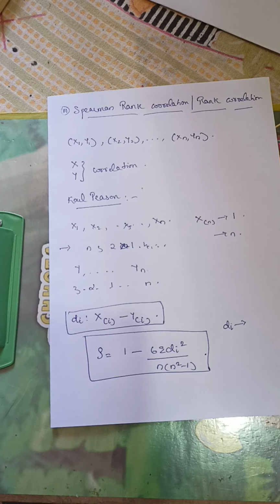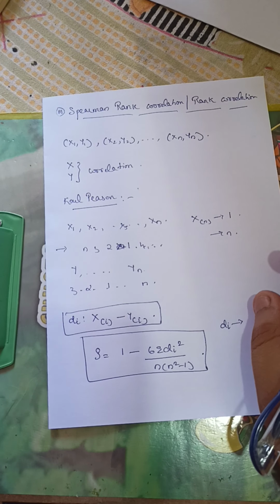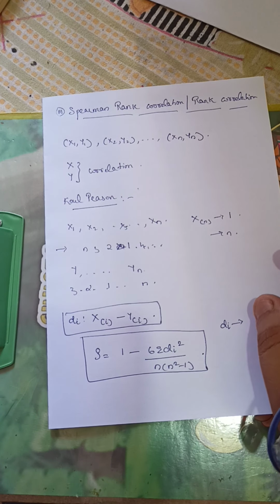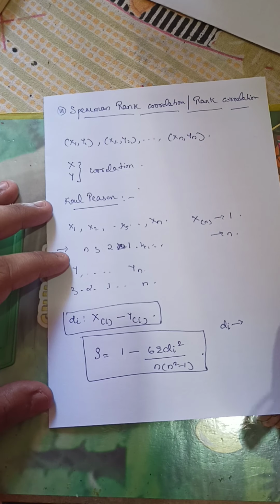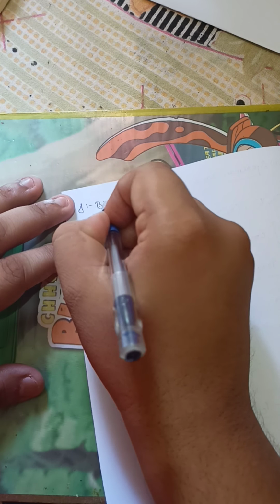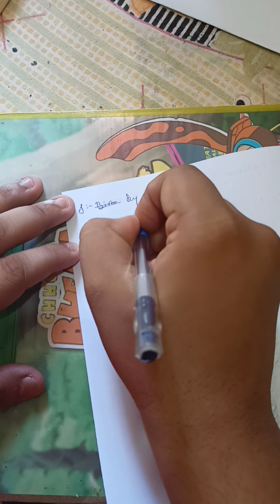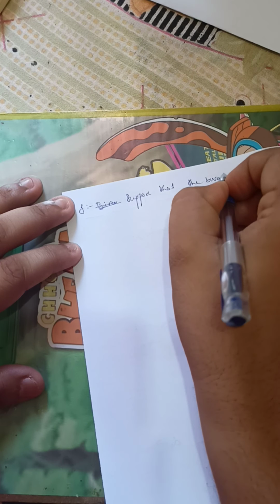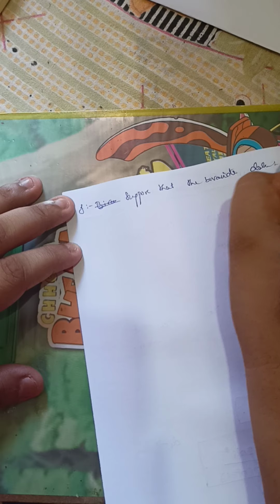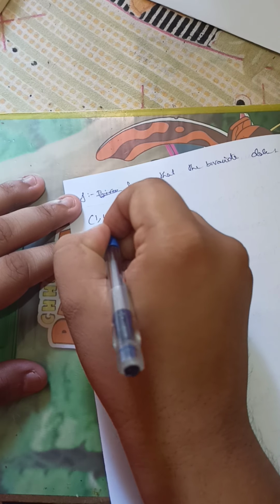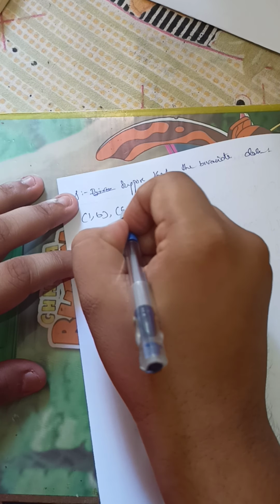I hope that the method is very much clear to you. We will look into some numerical examples so that it will be very clear to you. Suppose I take a simple data. Suppose that we have the bivariate data in the form